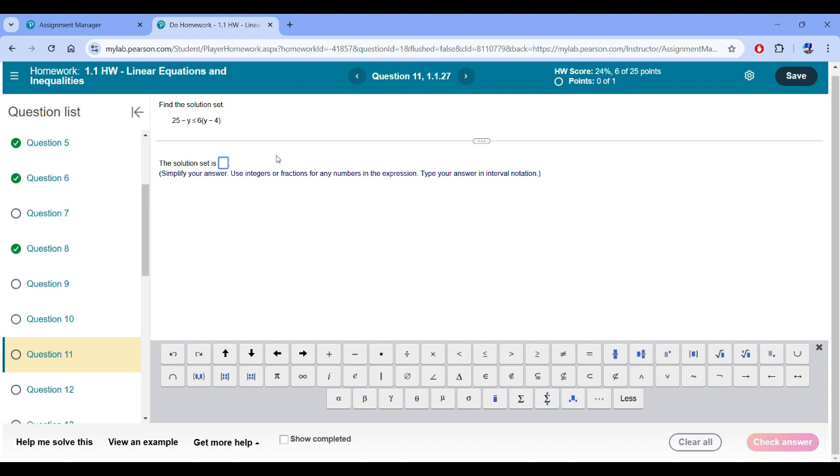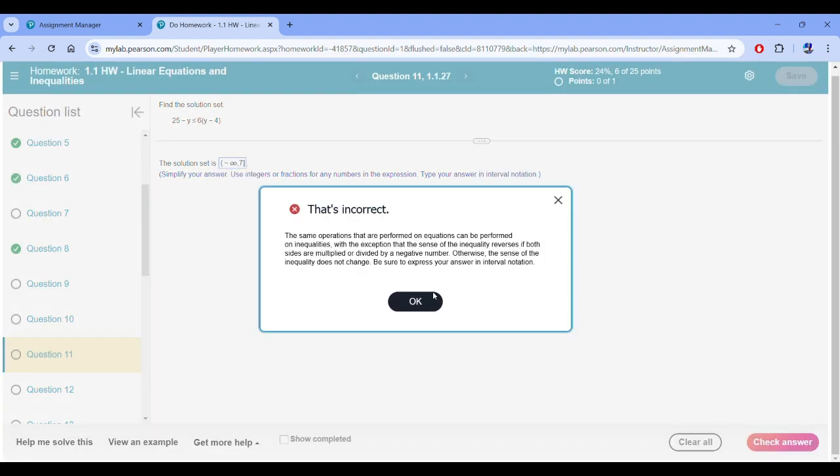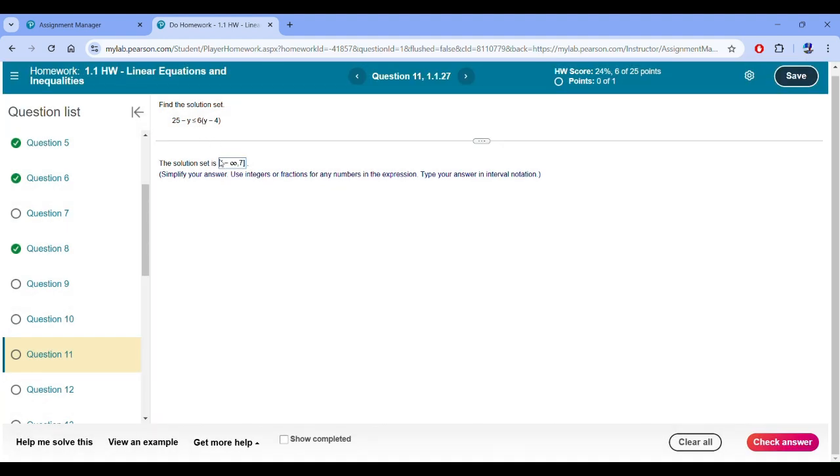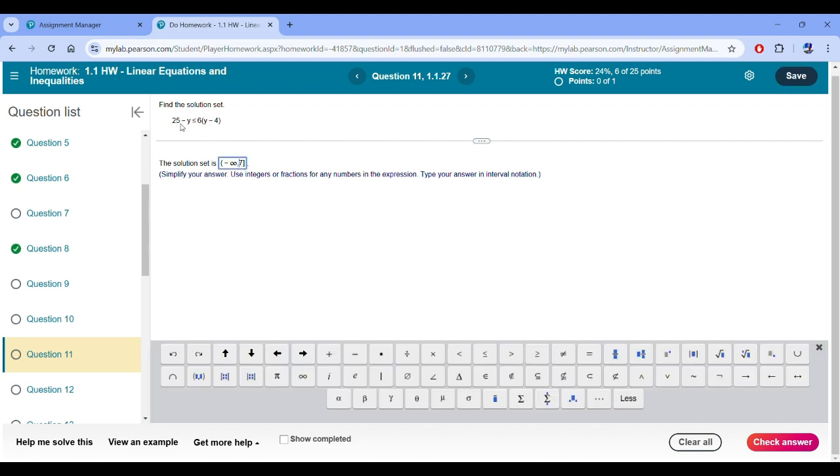So 49 is less than 7y. 7 is less than y. That would be negative infinity all the way to 7 with a parenthesis, hard bracket because it is equal to, is it negative 7? 6, 7, 49, 25, 7. Oh, y is